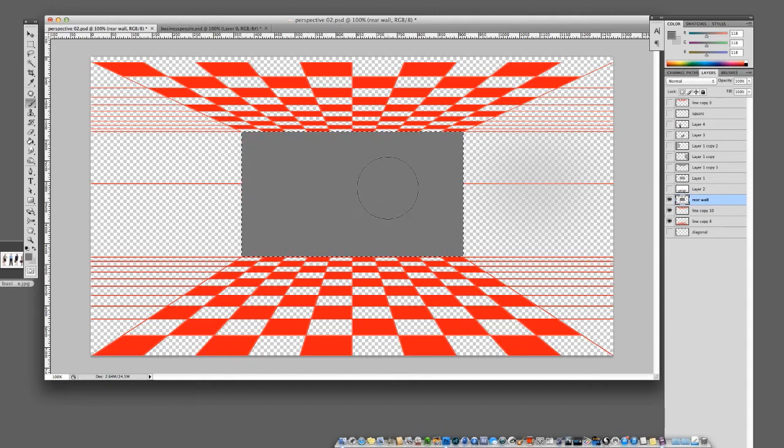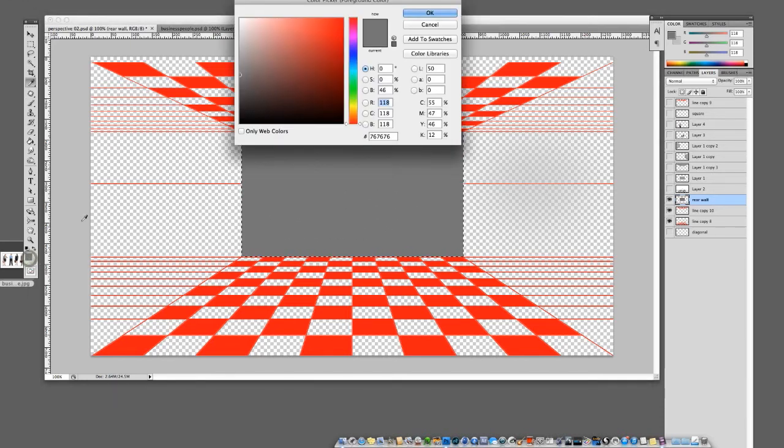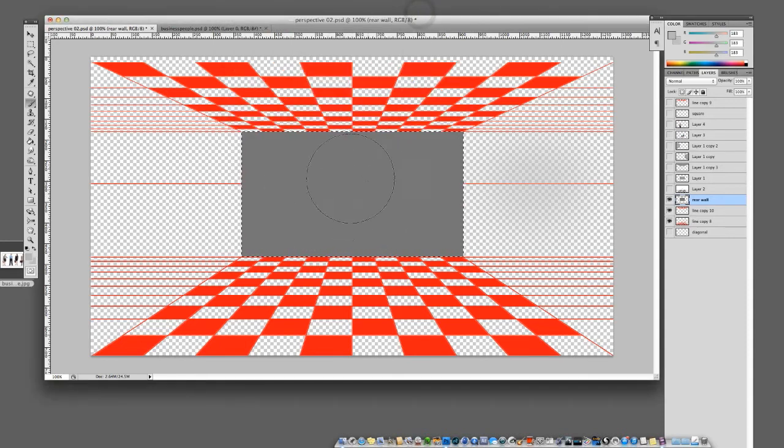I've got a 300 pixel brush here, which is about right. Actually, it's not, it's 193. Make it about 300 pixels, something like that. That's about 300 pixels. And the colour, go down to the colour picker again, and we're going to make it about a quarter there, or around 75% light, and